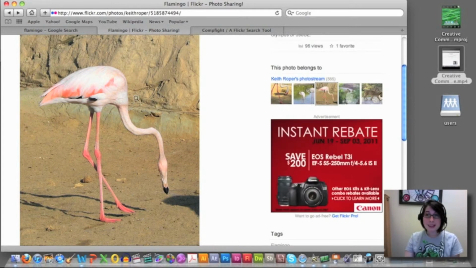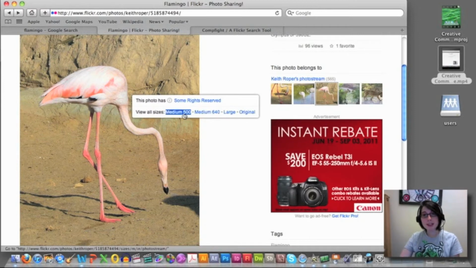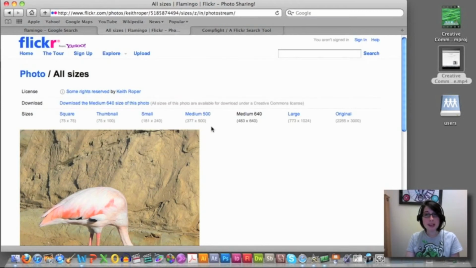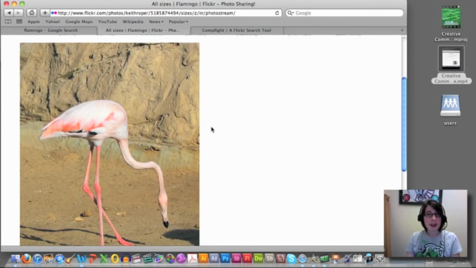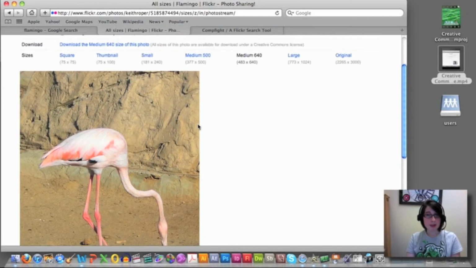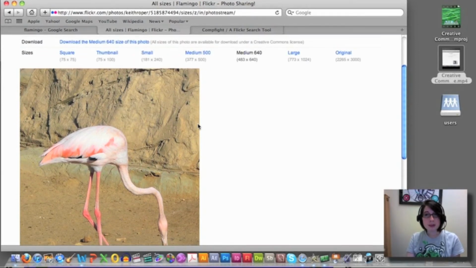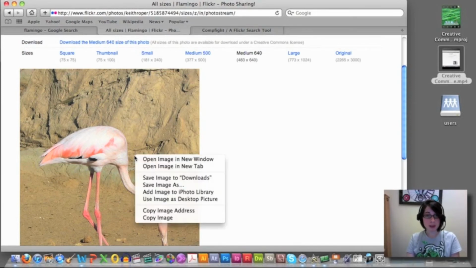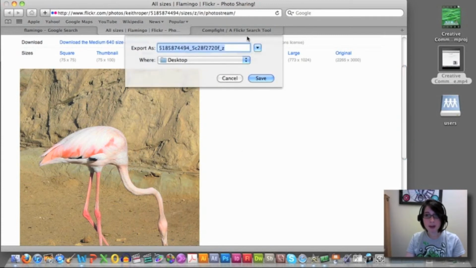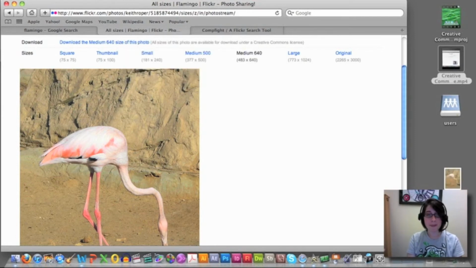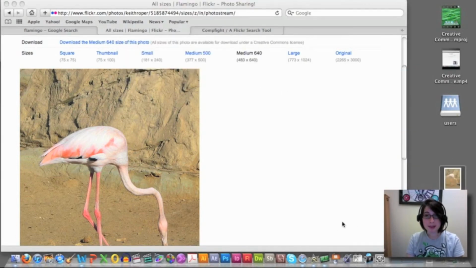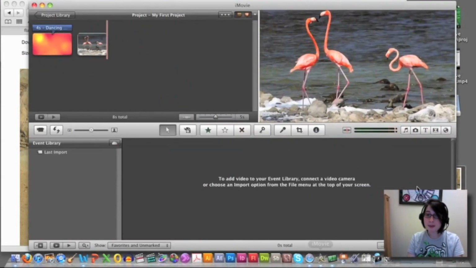In order to save this file, I'm going to right-click and choose a size of medium 640. 640 is the recommended file size for your digital story images, though you can download larger images if that makes you feel more comfortable. However, you should know that those images are likely to be compressed when you actually upload them onto YouTube. I'm going to right-click one more time and save this image to my computer. Let's change the name to Flamingo so that it's easier to find on my desktop. This image is now on my computer, and I can use it in iMovie or Windows Movie Maker to begin